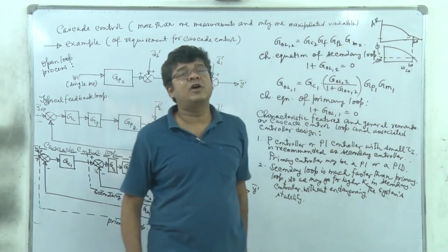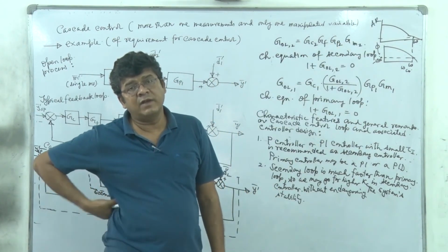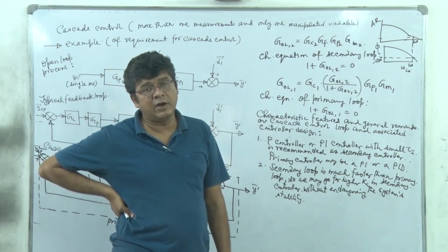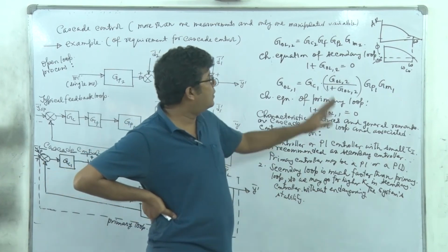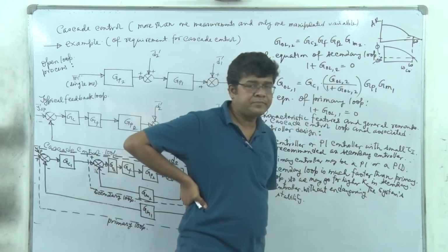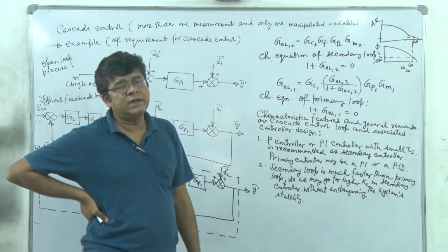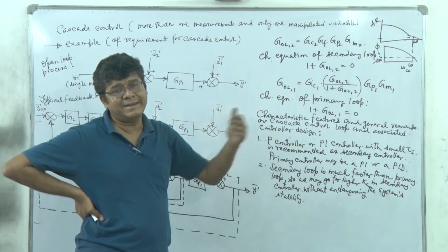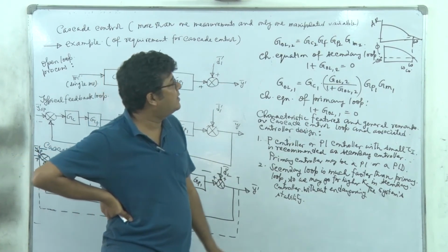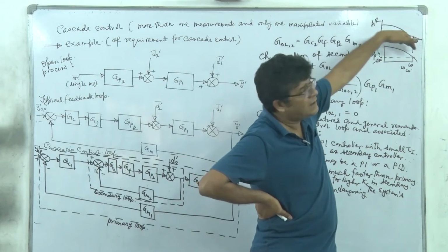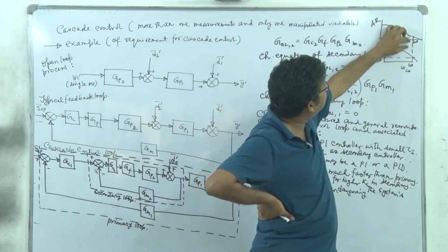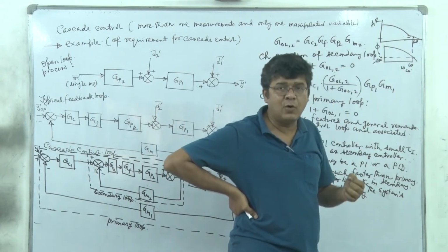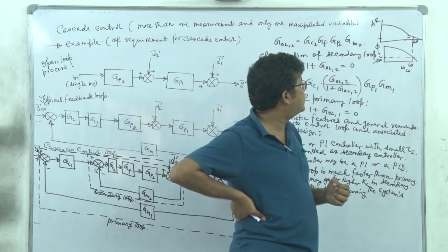So you know that at crossover frequency, if I have amplitude ratio greater than 1, then the system is unstable according to Bode stability criteria. So what I am trying to say here is that generally it is found that the crossover frequency for the secondary loop is much higher than that of the primary loop. What does it mean? Considering the general trend of the lag system, at this higher crossover frequency, the respective amplitude ratio will be much lower than 1, right?